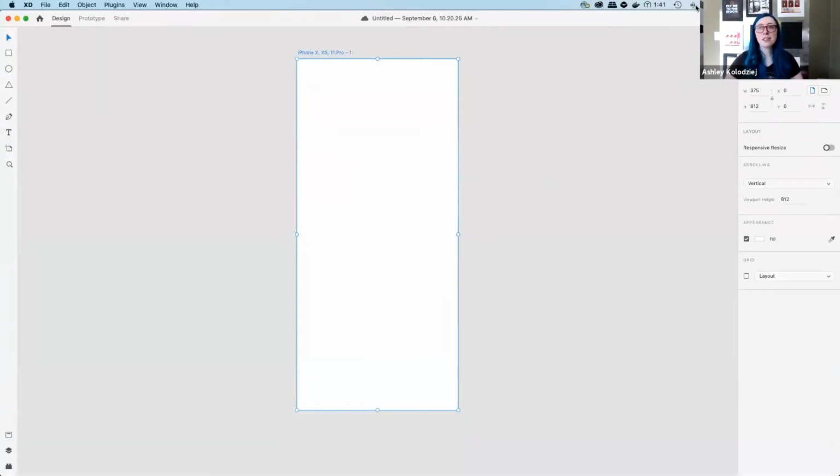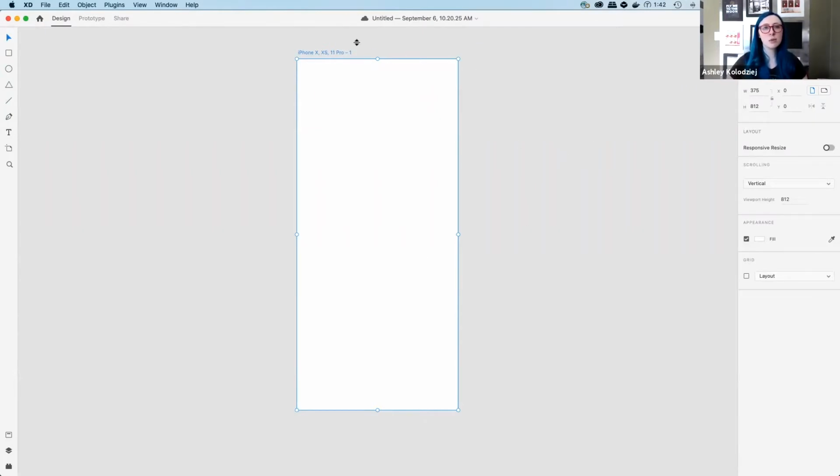A couple of things to notice about Adobe XD is that the interface is really simplified in comparison to other Adobe programs you might have used. So it's pretty easy to pick up, very straightforward. And what I'm going to do is just show you how I'm going to put in my content as quickly as possible into these wireframes.